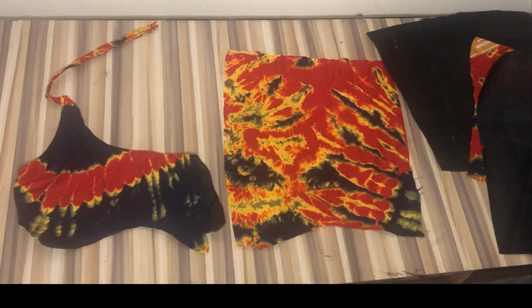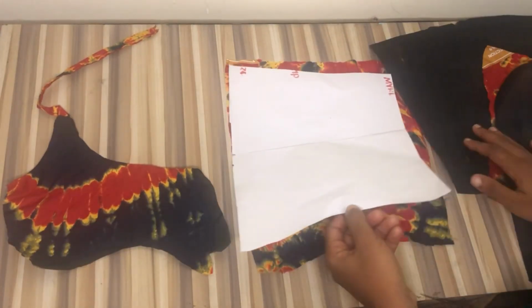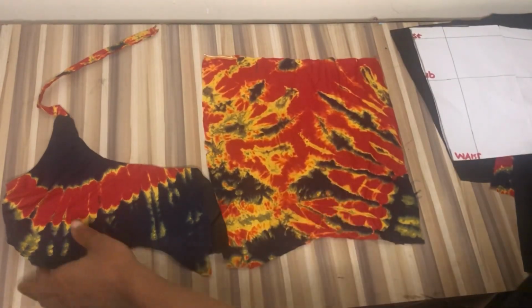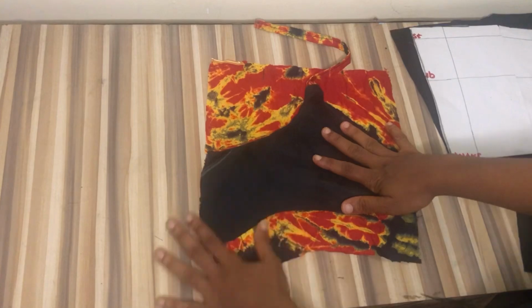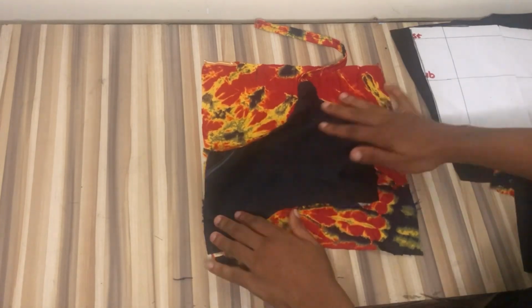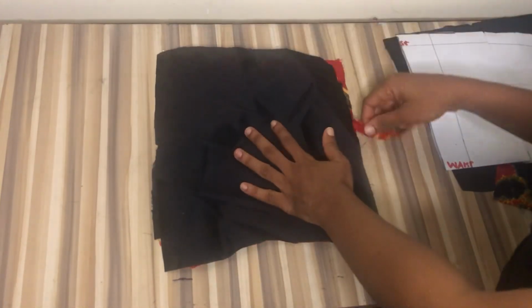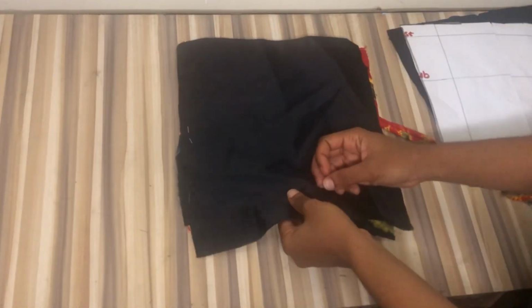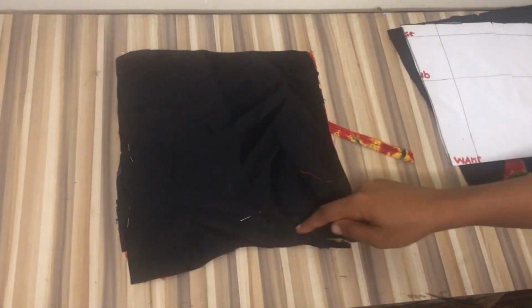So place your pattern and notch where your yoke is going to start. Place it this way, and I'm going to go ahead to notch it. After notching it, I'm going to place my yoke on that point. That is where my yoke is going to start. And I'm going to take the lining piece, place on it, and I'm going to go ahead to stitch all the way around my corset, and the back